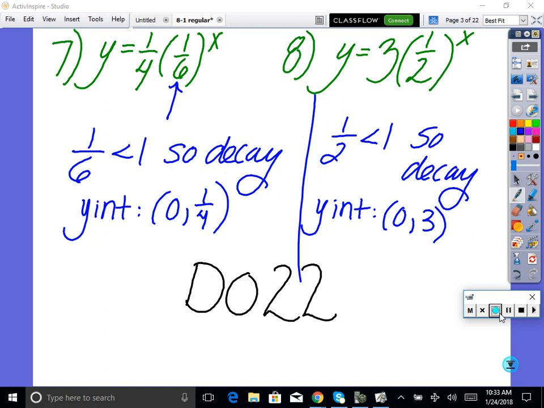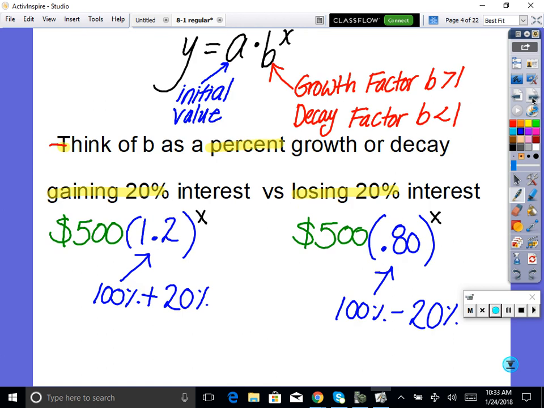This is me showing work so everybody sees why. Okay, cool. So now, this is honestly where you see this stuff in the real world all the time. This is one of the most applicable in real world situations. So we just learned exponentials have this form where here's the initial value and here is the growth or decay